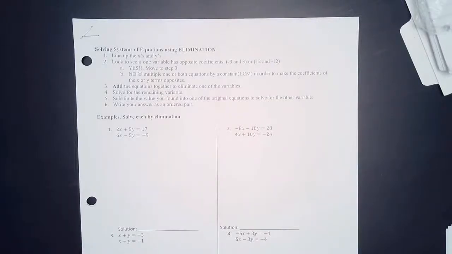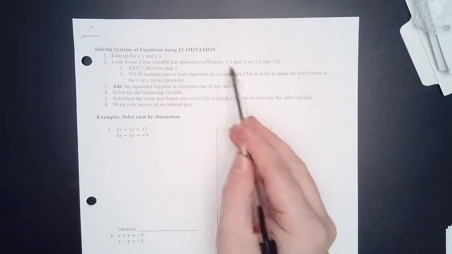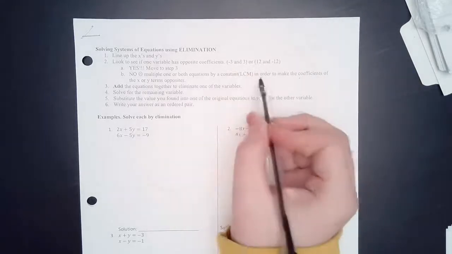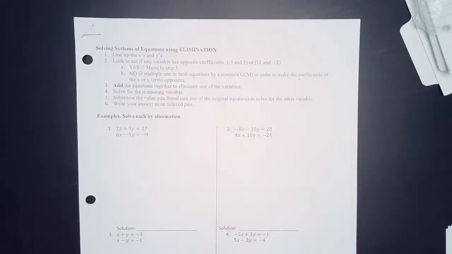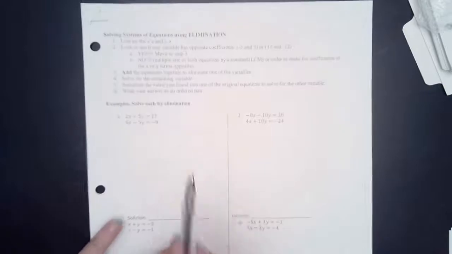Okay, today you're going to learn the third way to solve systems of equations, and it's by elimination. The goal is to always get opposite coefficients. So -3 and 3 are opposite coefficients. 12 and -12 are opposite coefficients. Some problems will give them to you automatically, and sometimes you have to multiply a line or both to get the opposite coefficients. So the first thing we are going to start with is